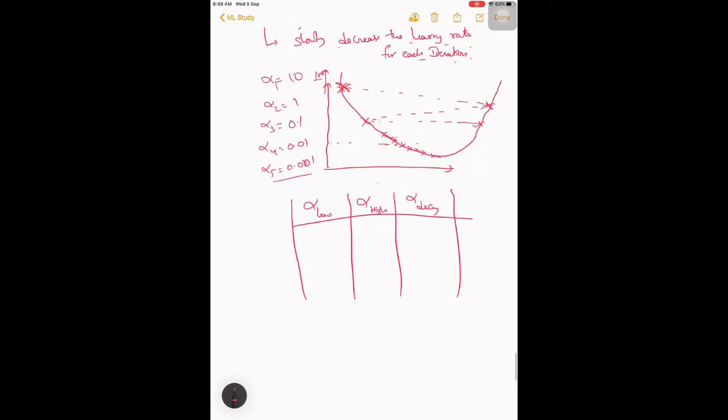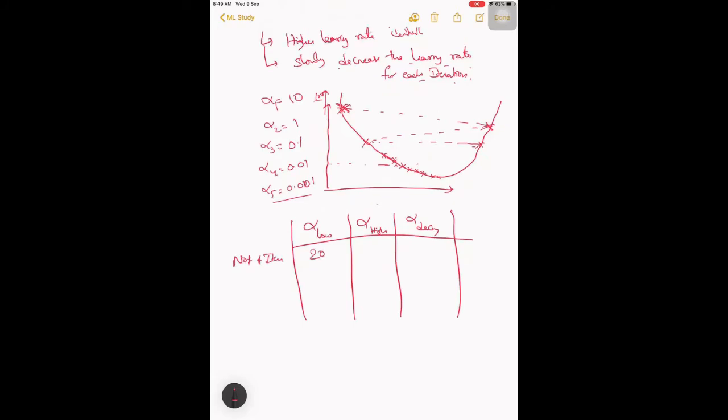So what we can say here is for alpha low, the number of iterations is taking around 20. In high, we are able to get it in 6. Here with decay, if it is kept at 10, it comes in like 6-7 iterations, just like when it is high. But every time we are dividing it by 10 and passing it, so it won't be 6-7. It may take some 11.